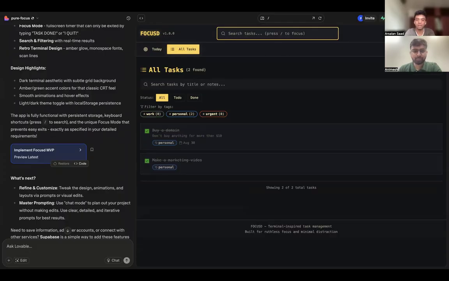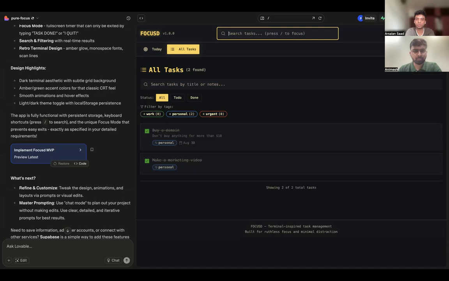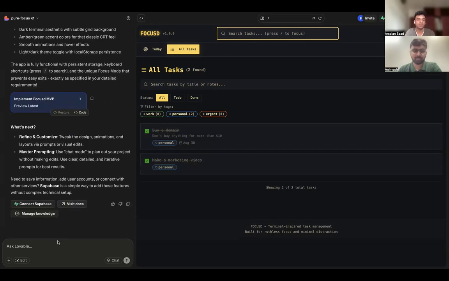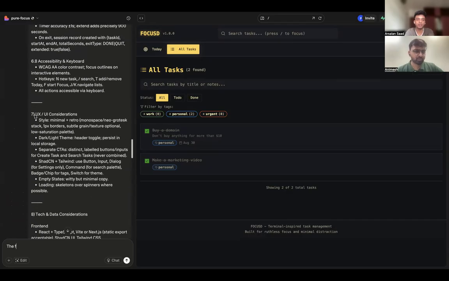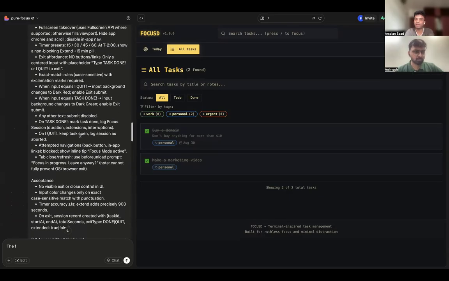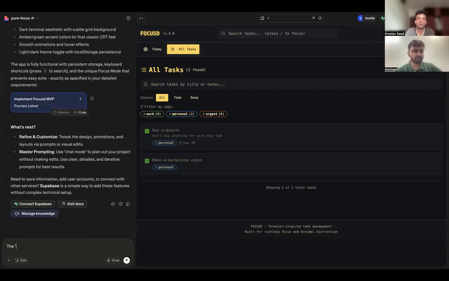But I believe, no. So this focus mode does not work. Do you want to iterate this? Yes. Okay, let's iterate. Do you want to pull in the focus mode from the already shared prompt, or do you want to type it in? I believe we have added it here in the PRD that ChatGPT created. So it should have built it, but let's see what happened. Focus mode feature is not working,